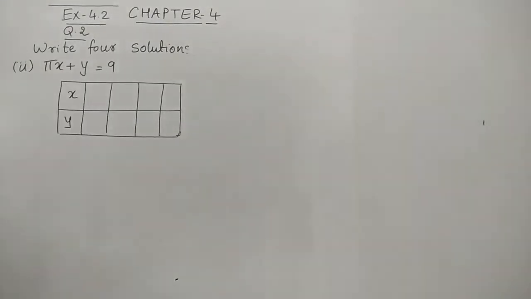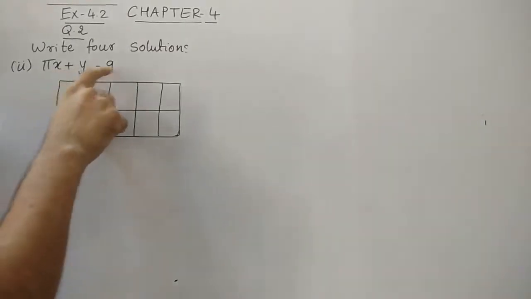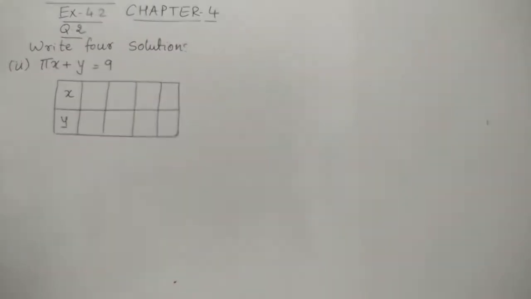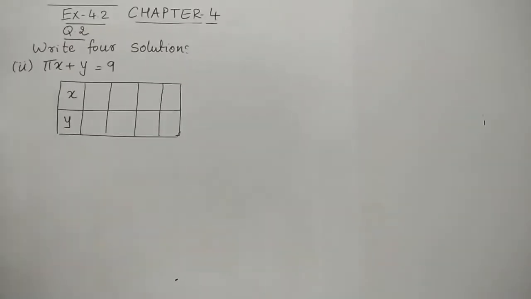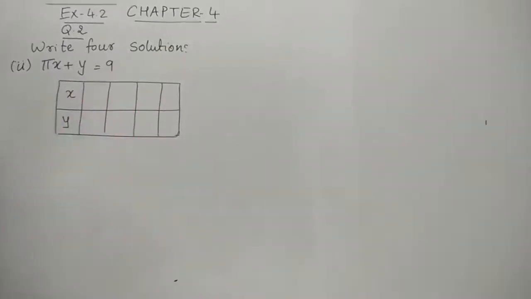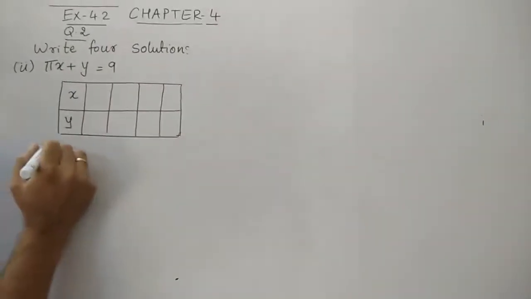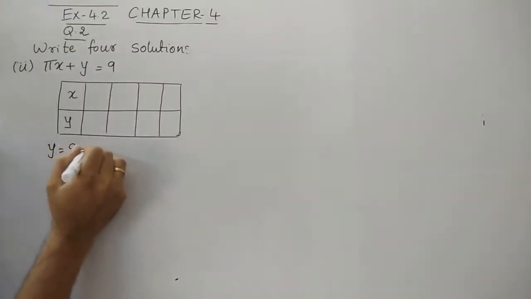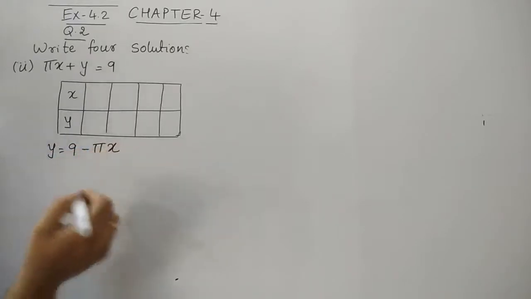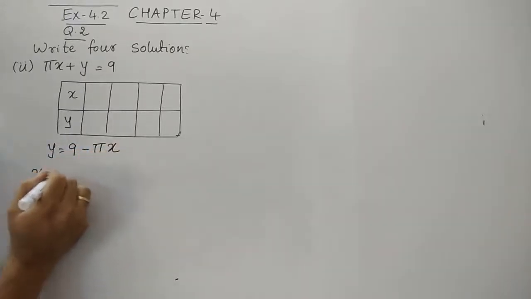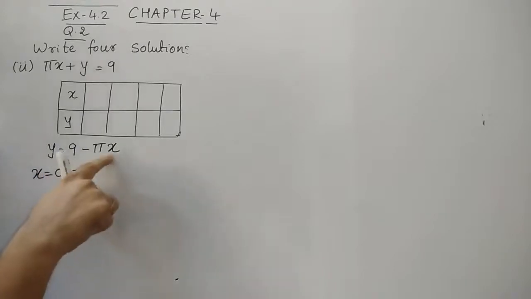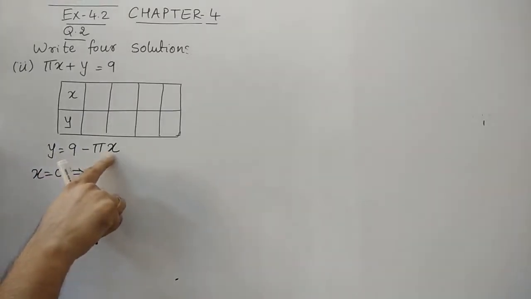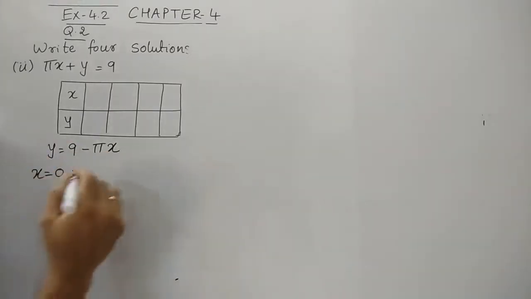Let us see one more question. Here it is given pi x plus y equals 9. We have to just get the solution, so no need to substitute the value of pi. हम सारी values पाई के form में ही लाएंगे. Let's make y the subject, so I'll take this x to the right hand side. Now as we discussed earlier, we'll suppose values for x. हम वो variable को suppose करेंगे जो equation में है, तो x के लिए suppose करेंगे.